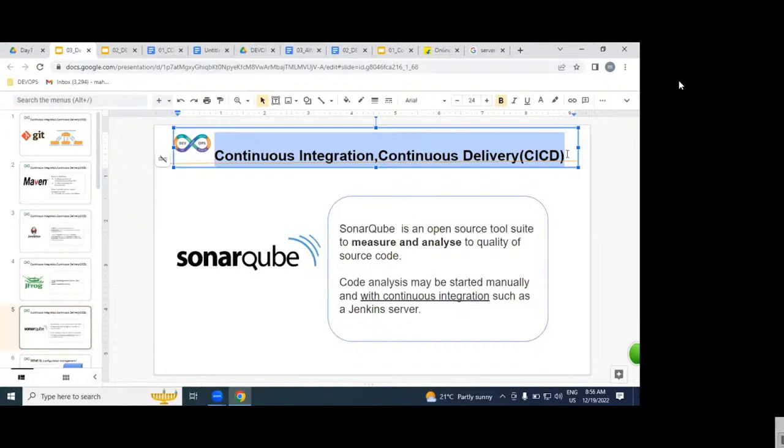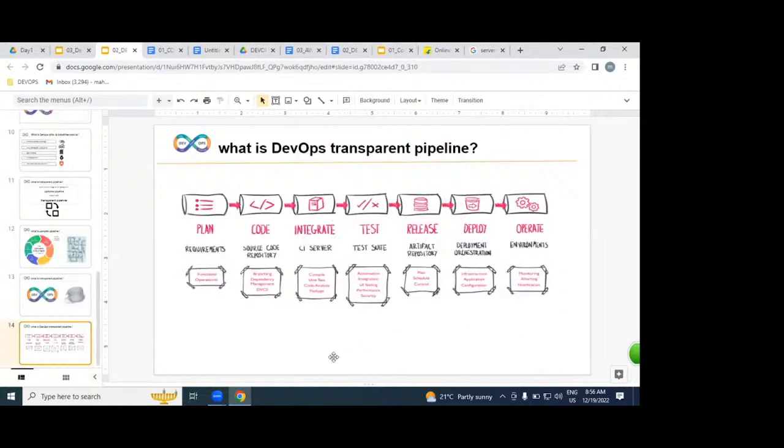All of you understood very clearly? So what exactly is CI/CD? Continuous integration, continuous delivery. I'll repeat this diagram. After developers write code, all developer source code must be continuously integrated. Am I right or wrong?